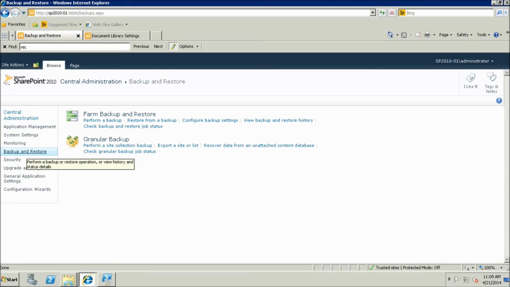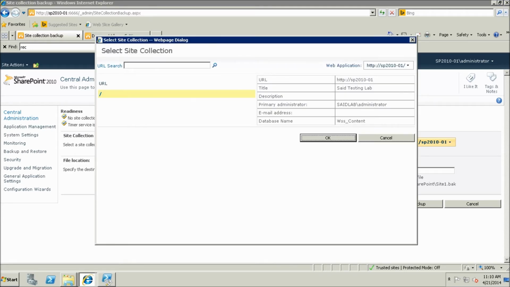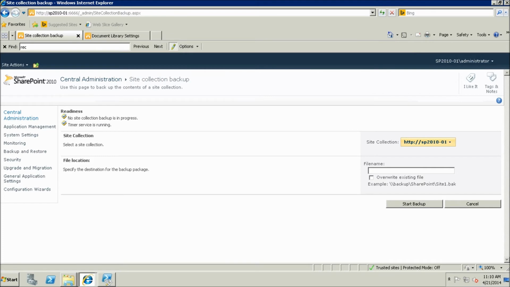Under the granular backup section, choose perform a site collection backup. Choose the site collection you want using the arrow when it appears. If it is not the right one, change the site collection and choose the site collection you want to back up, and in the file name give it a path to SharePoint 10.01 backup, and a file name like site collection,